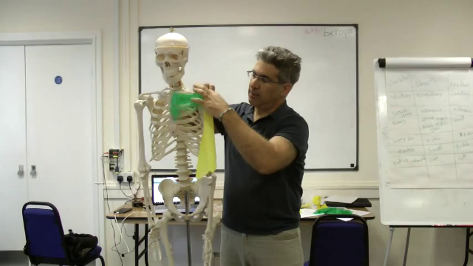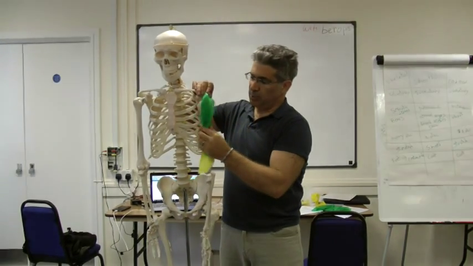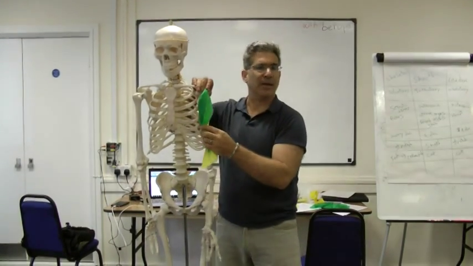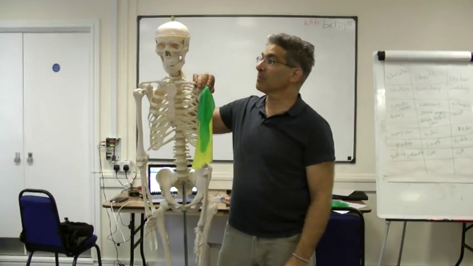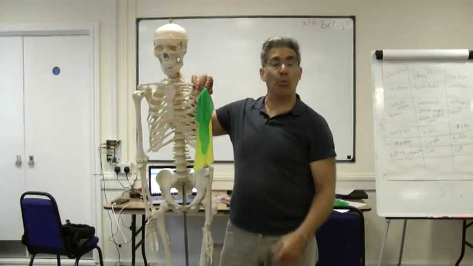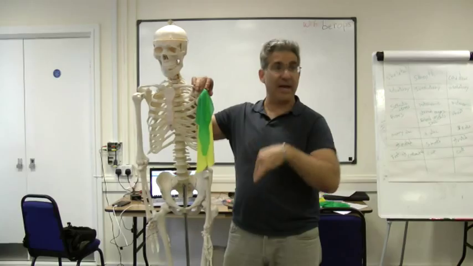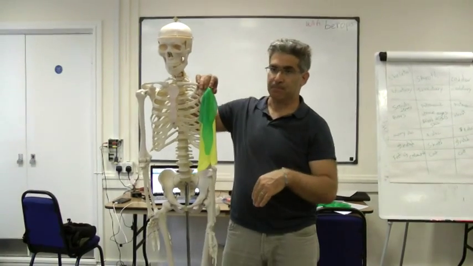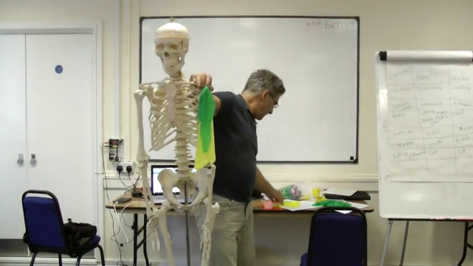Now, why do you think the body would have two muscles who do the same thing? In case one stops working? Yep. So if one muscle would stop working, you have the other one. Next one